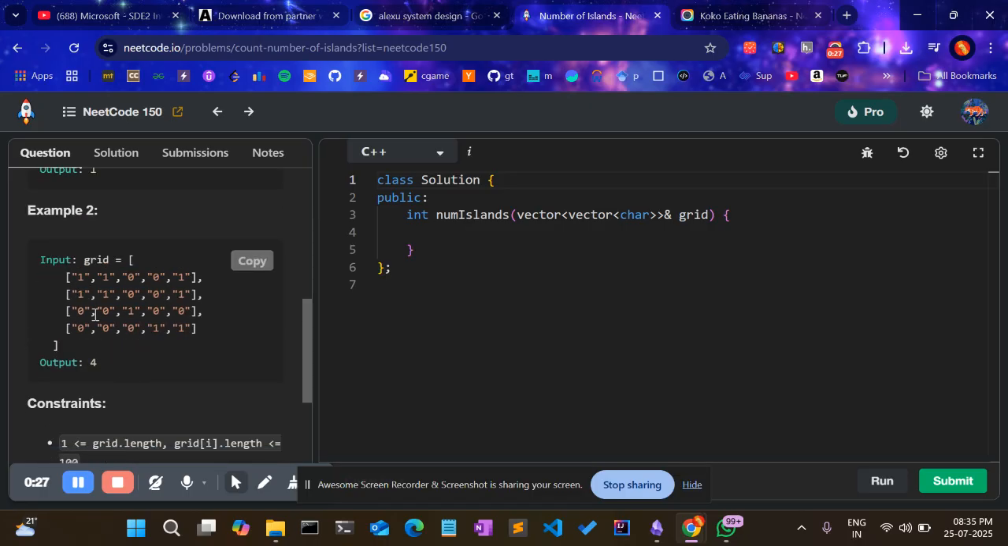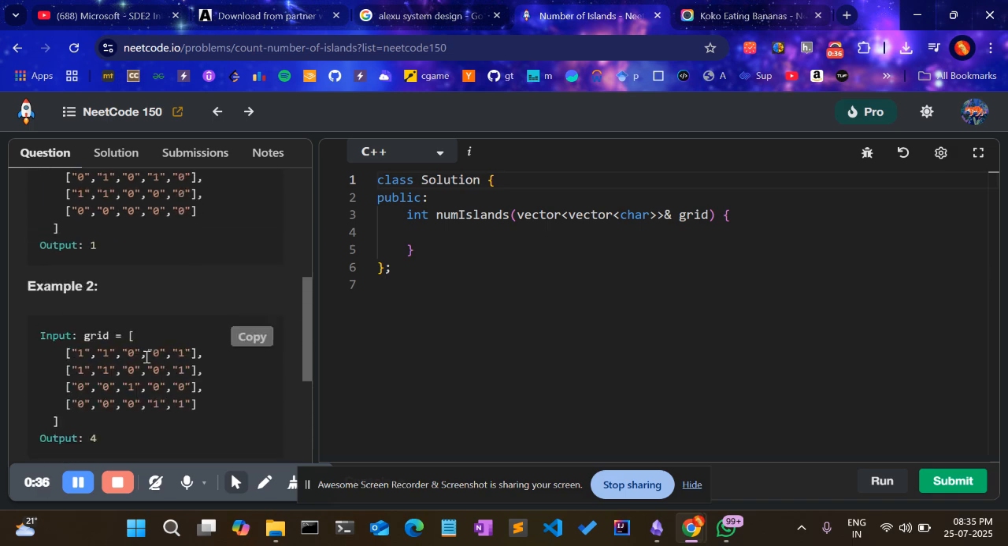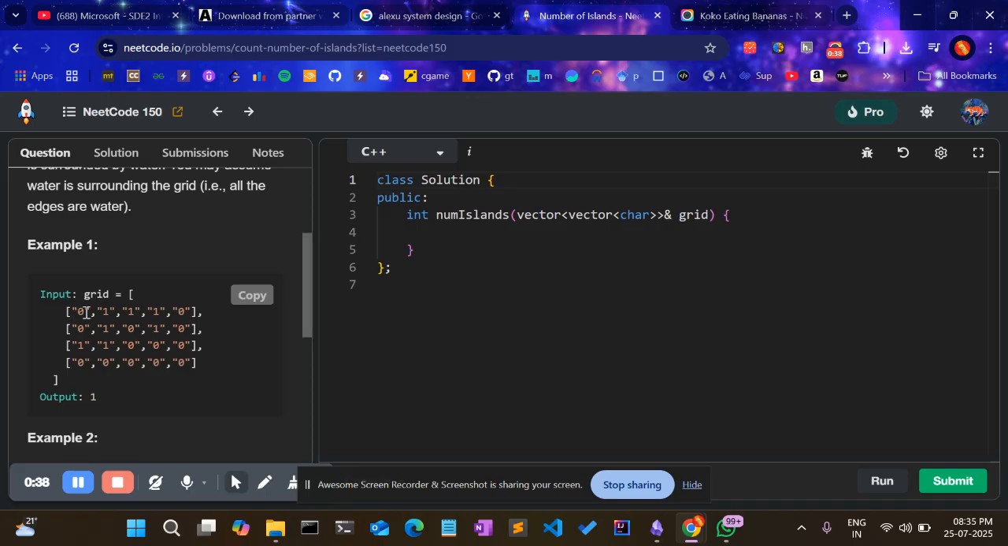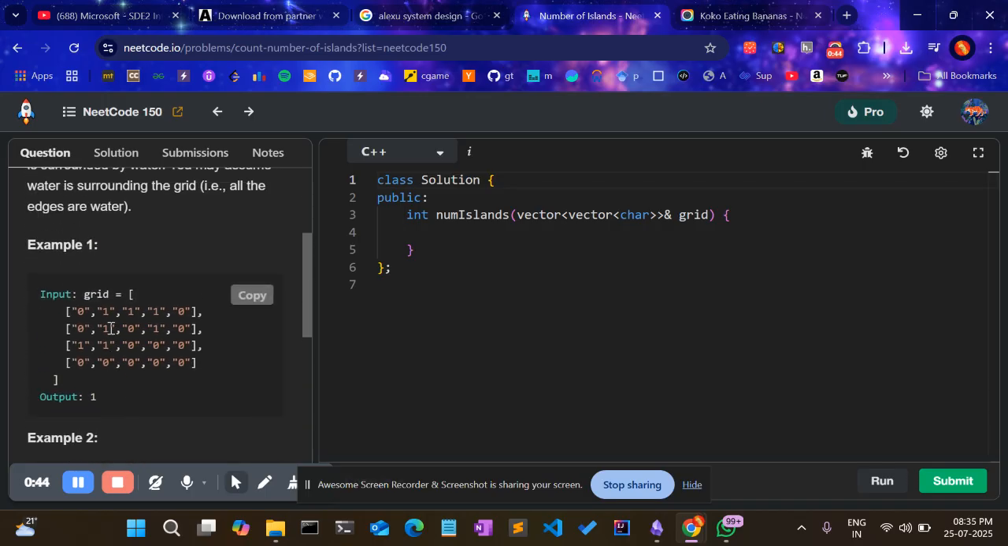And for the second case, you can see there are four separate islands here. So in order to solve it, we can use a BFS or a DFS, like a traversal algorithm, and we can just count the number of connected components. And so we can start